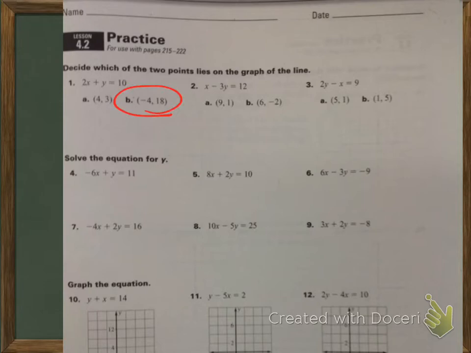That's how you would do 2, and that's how you would do 3. But let's take a look at the next one. It says solve the equation for y. What does that mean? It means, like in a literal equation, when they give you negative 6x plus y equals